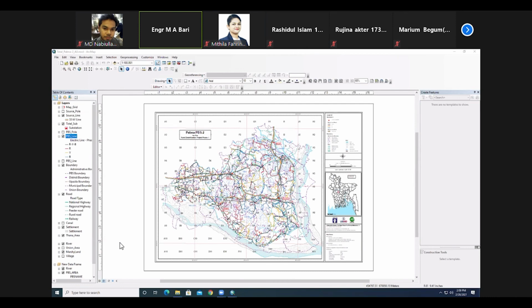There is a master's in some organizations, especially in GIS. Some of the students last semester actually were admitted to a master's in GIS, in agriculture, civil, and electrical. And the starting salary, believe it or not, is more than 80,000. So you can build your career in this area.